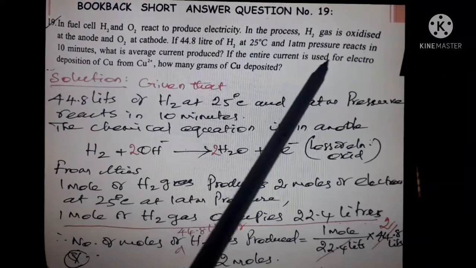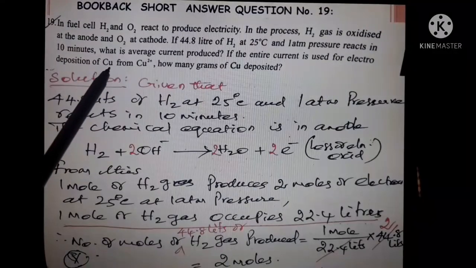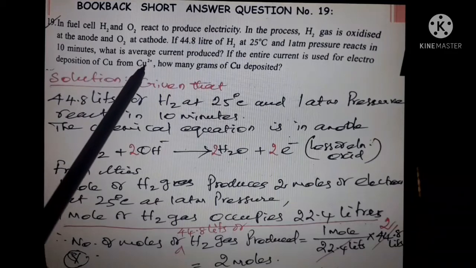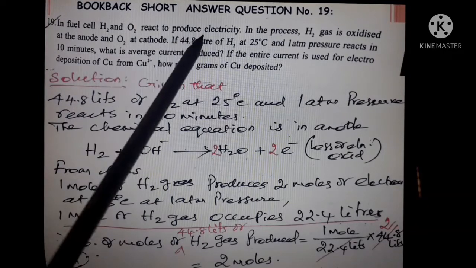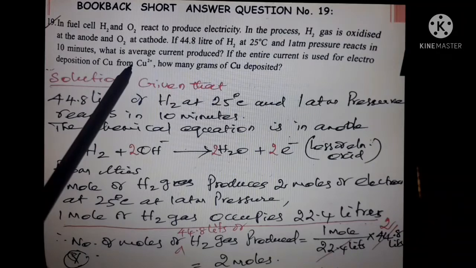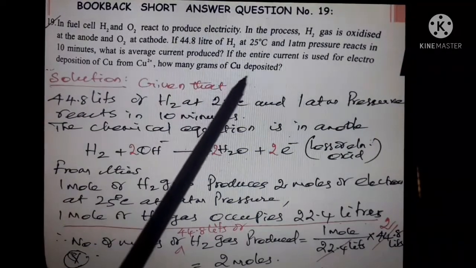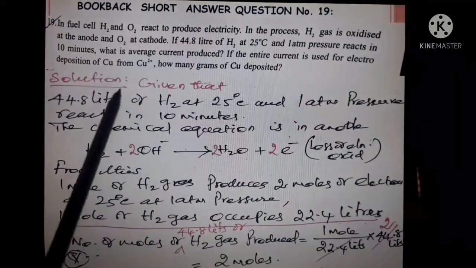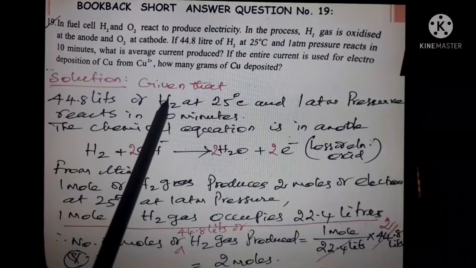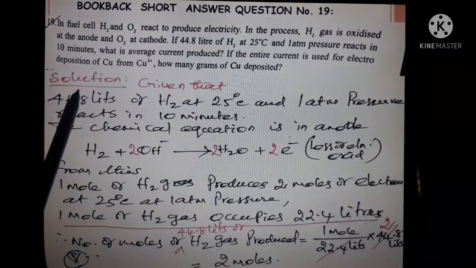If the entire current is used for electrodeposition of copper from copper 2 plus salt, what is the amount of copper deposited? How many grams of copper are deposited? You find that. Okay, now this is a big problem, so you carefully watch it. Solution: